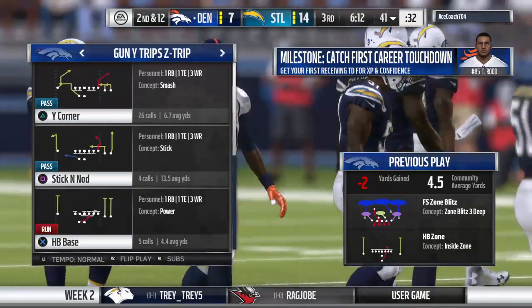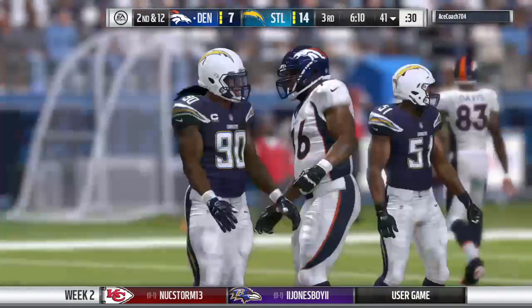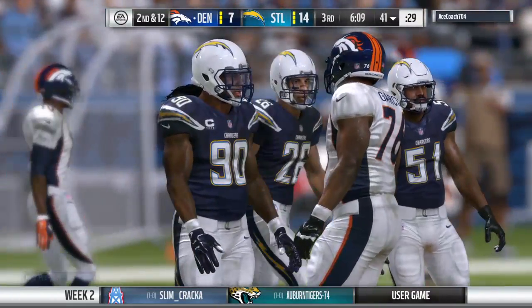Partner, I think the easy thing now would be to just abandon the run and start throwing the football at all costs. But I've been in so many games where it doesn't work running the ball, doesn't work running